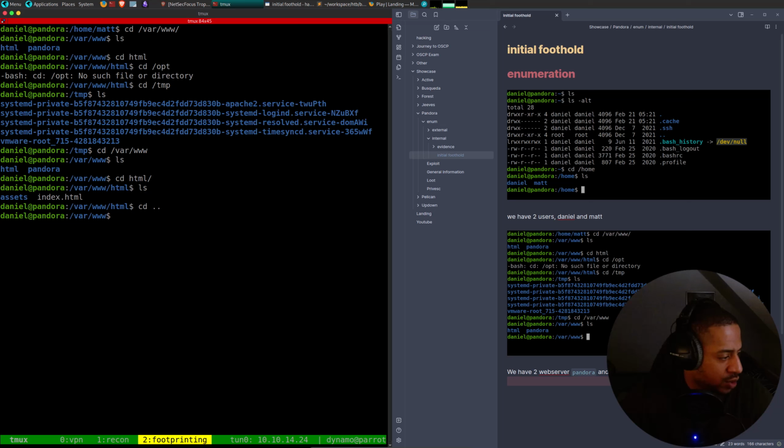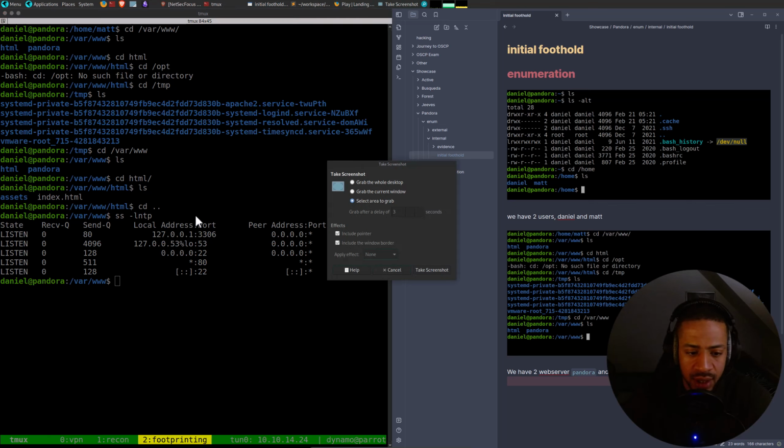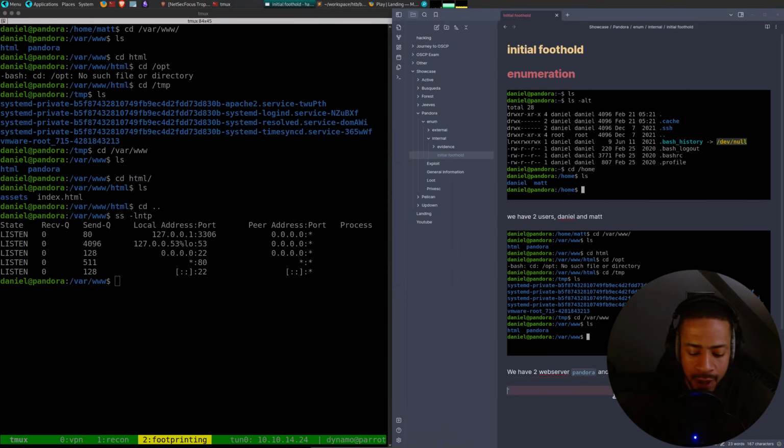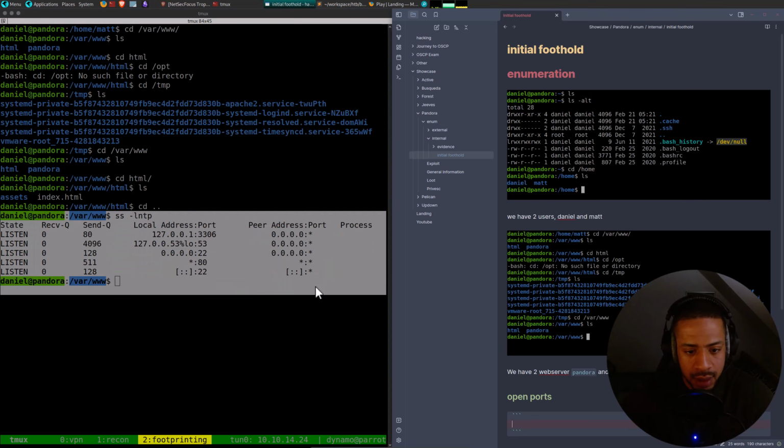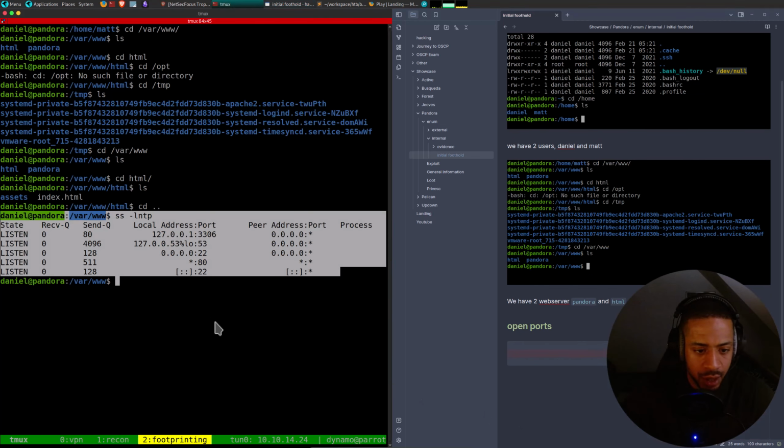Now, what else should I do? Let's go into my cheat sheet for enumeration. I like to run ss -ntlp just to see the open ports. Let me do it like this. No. Okay. Screenshot. I thought so.